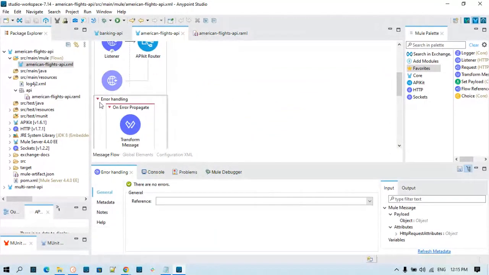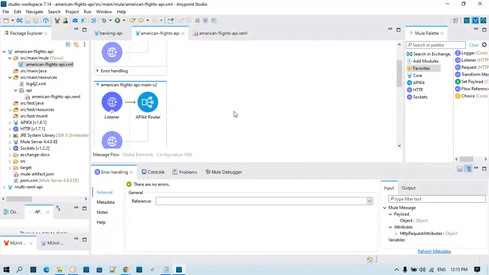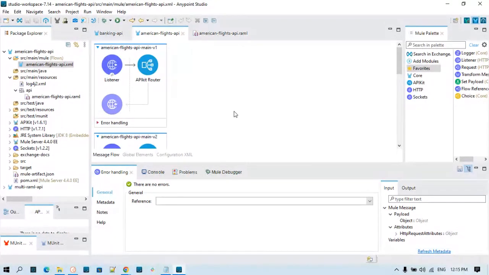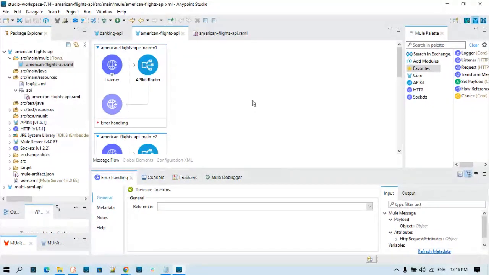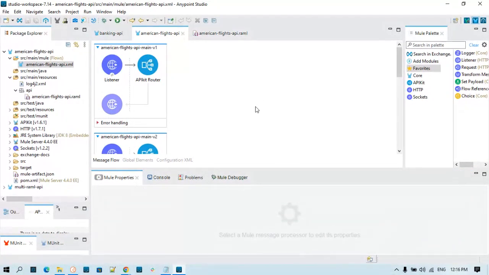See, this is again a concept. Generally, what I'm showing is, suppose you have a single API, but you want to give it to two different clients, where you want to apply two different policies or slightly change your base path. Then you can use this. Otherwise, the best approach is the custom policies thing, where you define a custom policy and apply two different policies to a single API. That is the best approach to do,